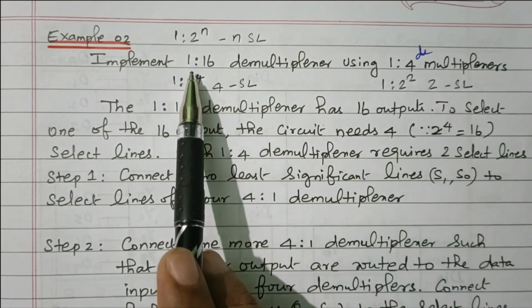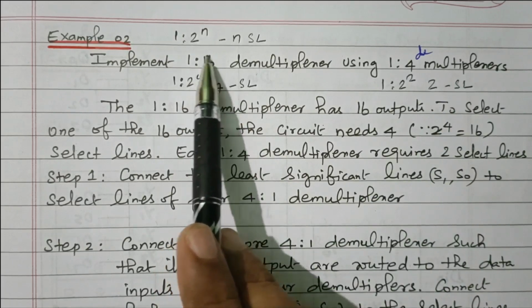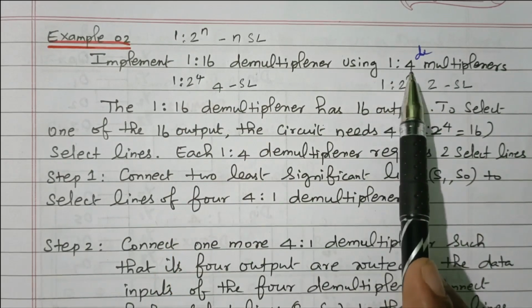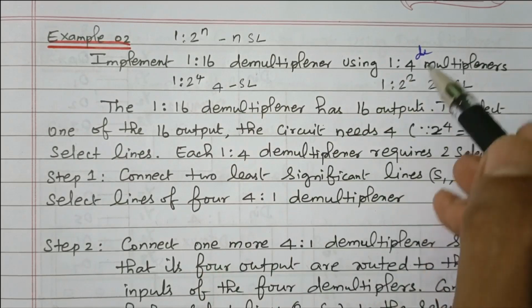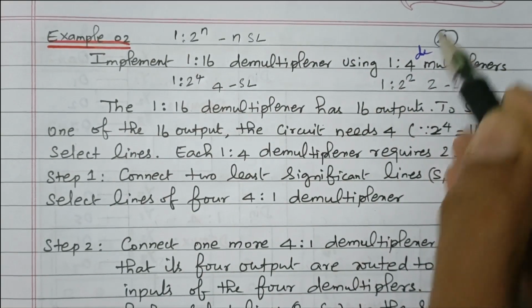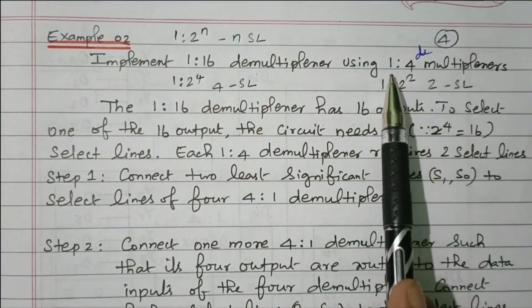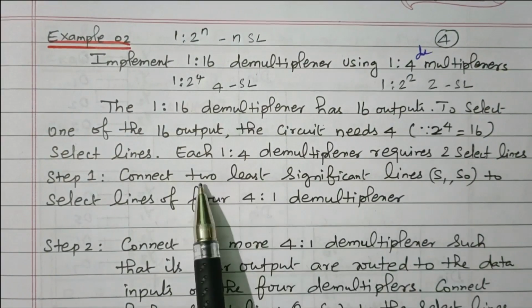Suppose we want to implement a 1:16 demultiplexer, that is 16 outputs we need, and here we are using 1:4 demultiplexers. So 4 outputs are available, but here we need 16 outputs. So we need to use 4 numbers of 1:4 demultiplexers, so that 4 into 4 will give 16 outputs,